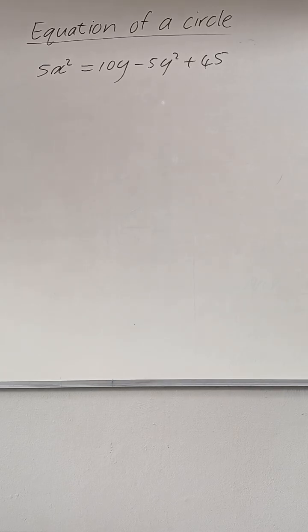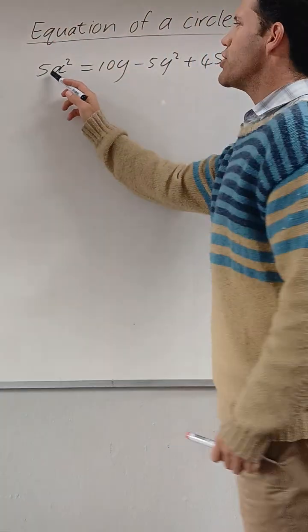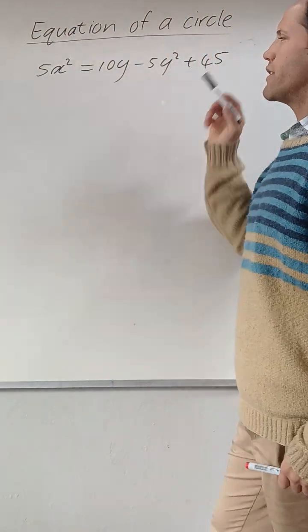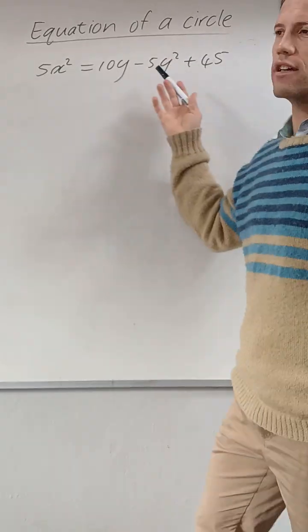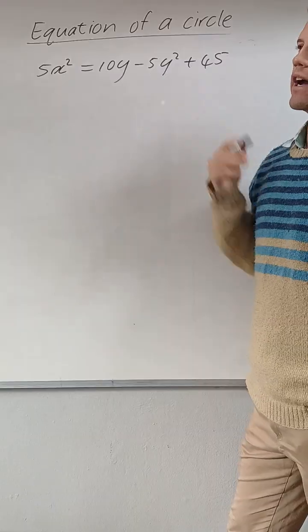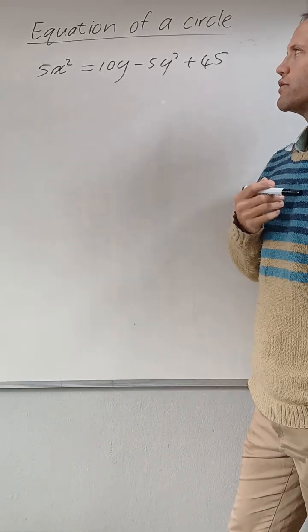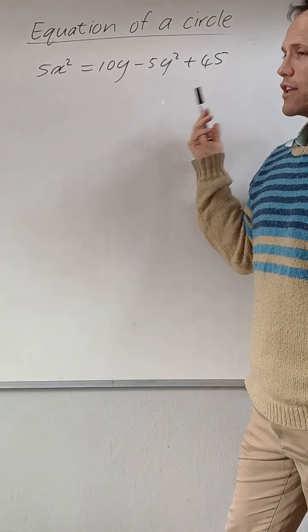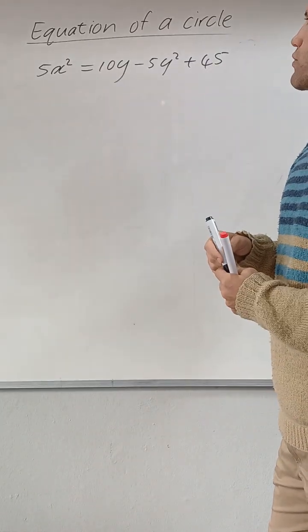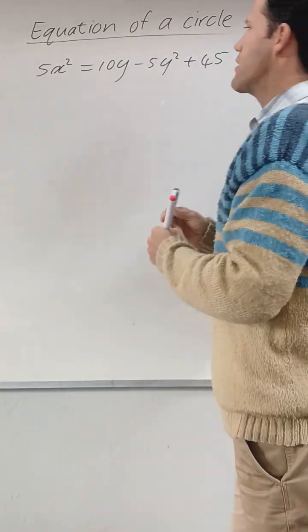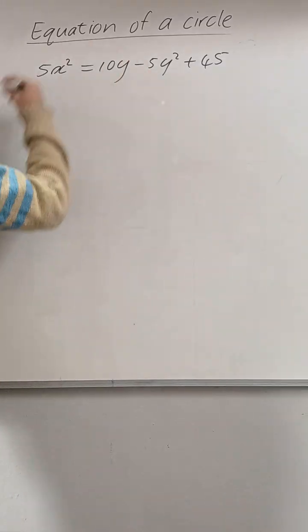If you want the equation of this, if they give it to you like this, and they say find the equation of the circle, or find the center of the circle and the radius, any one of those two questions, you're going to have to find the equation first, the standard form for the equation. So we're going to have to rearrange it a bit, and we're going to have to say, let's take everything